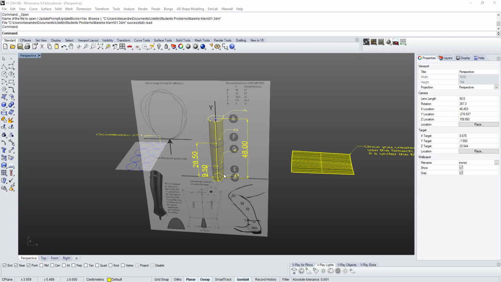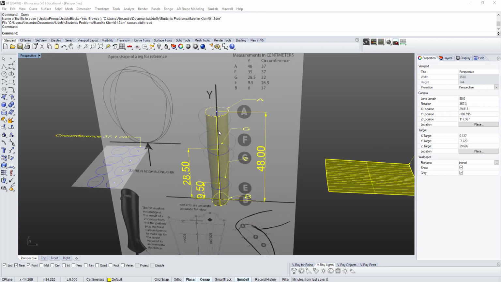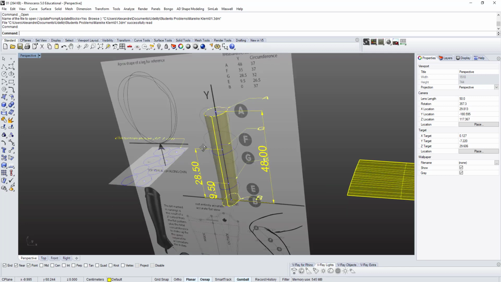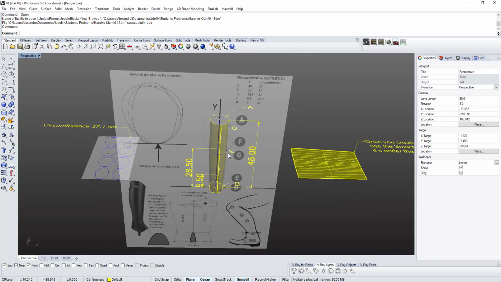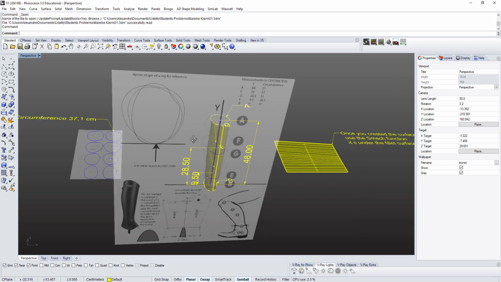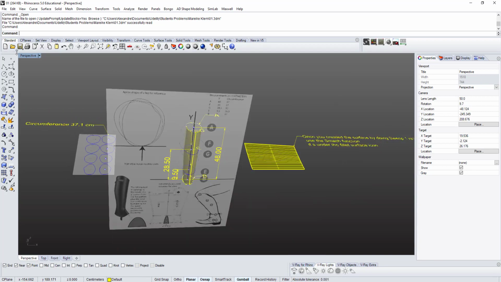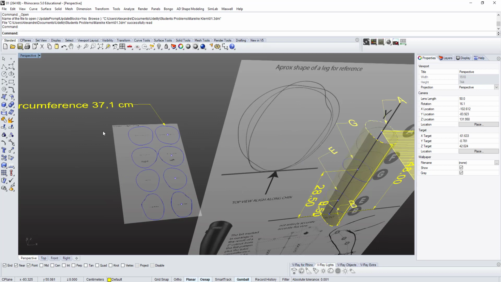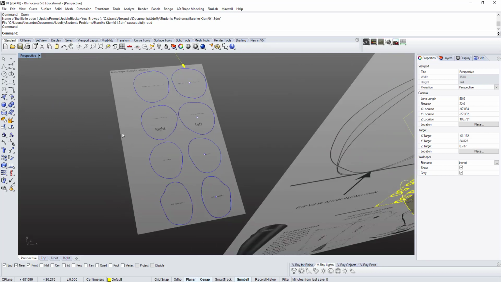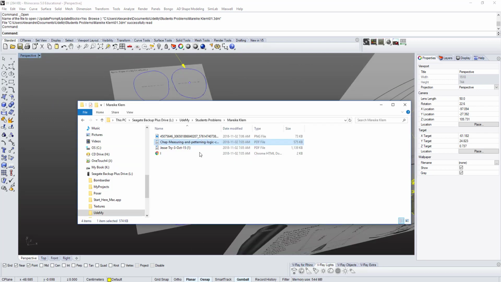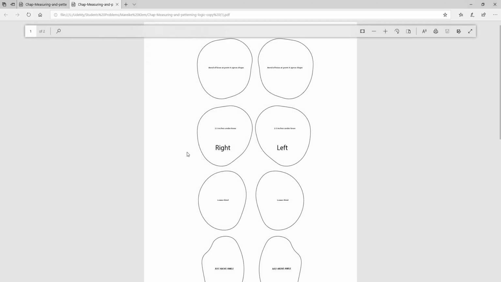Hi, in this video I'm going to show you how I'm going to unfold this chap. Okay, so you submitted me the JPEGs and I thank you for that because these JPEGs contain the crucial information. So you can see in the perspective viewport, this is one JPEG that I extracted. So if I just go back here and I choose, for example, that JPEG, there you go, that's the perfect